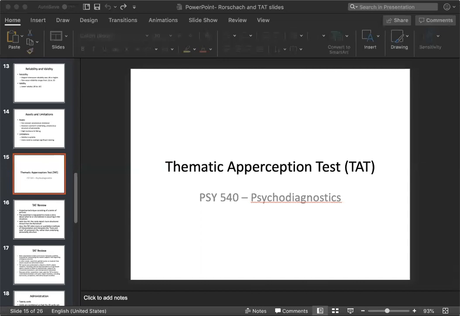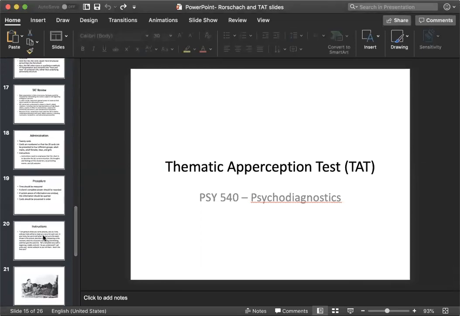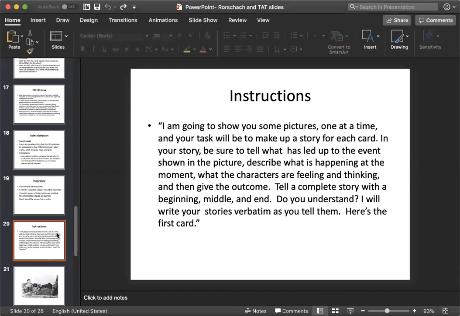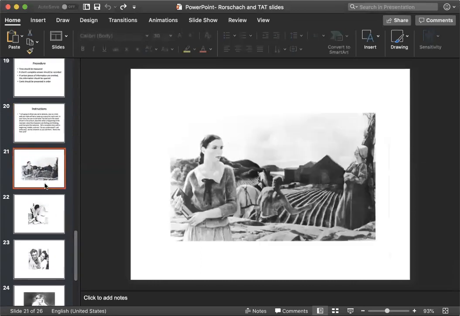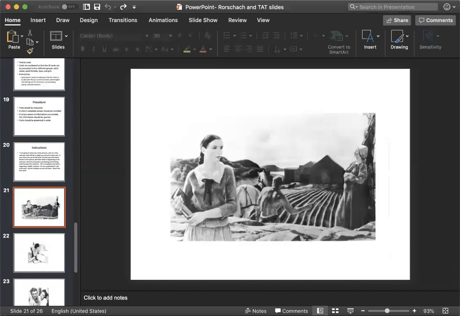The TAT is more structured as it comes with a set of questions that the examiner would ask. So I gave you an exact synopsis of what someone might say and some examples of actual pictures that may be used. Again, this can be used to gain more insight on how the examinee interprets the world, whether there are any themes in their explanations,